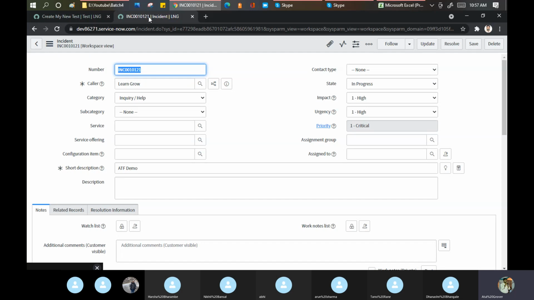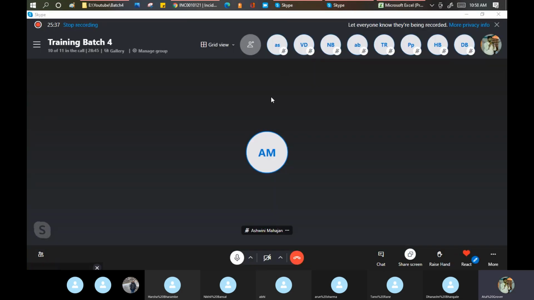You are doing a testing of your module. Don't need to be worried about the same. According to me, the first step is to open that incident form. That is the first step. I thought that I will get the answer, but people started following the one-on-one practice. So that is the first step, to open an incident form.